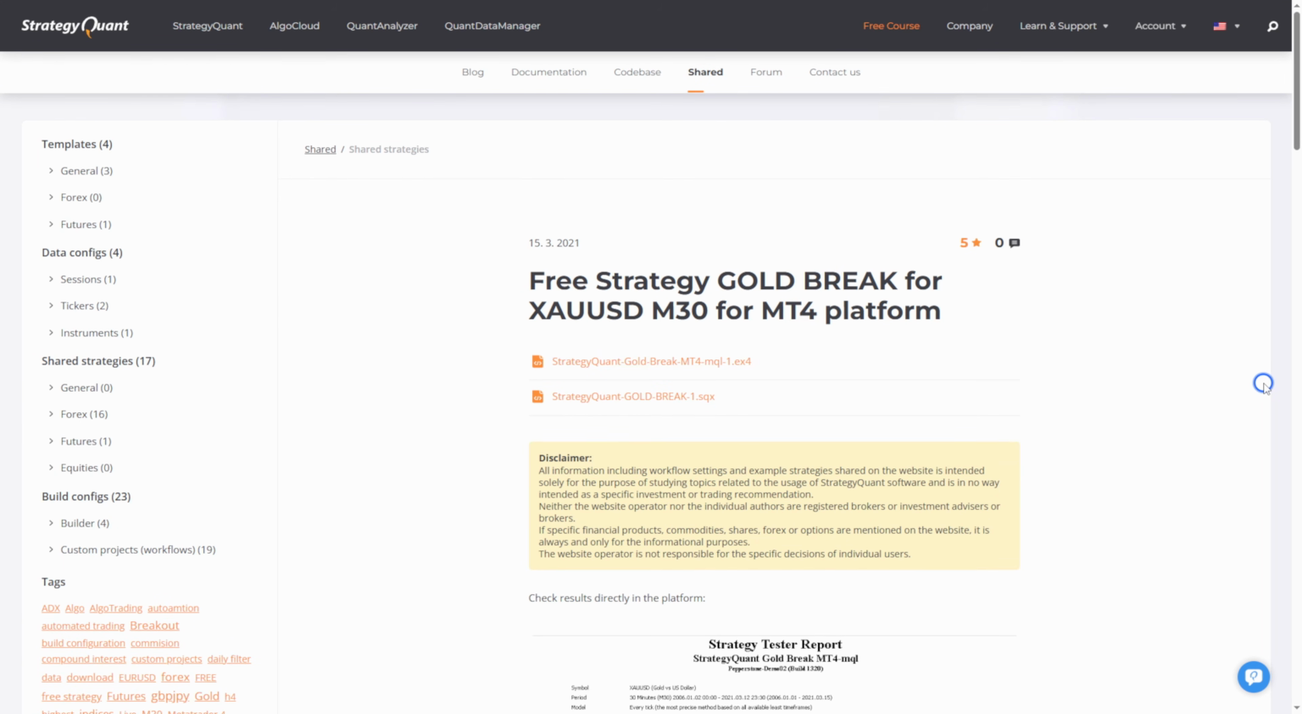So let's dive in. This is the strategy I'm talking about, and I will post a link to this website down below. So notice here that it was published in March 2021. It is for gold on the M30 timeframe. You get the EX4 file, which is for MetaTrader 4, and you get the SQX file, which is for Strategy